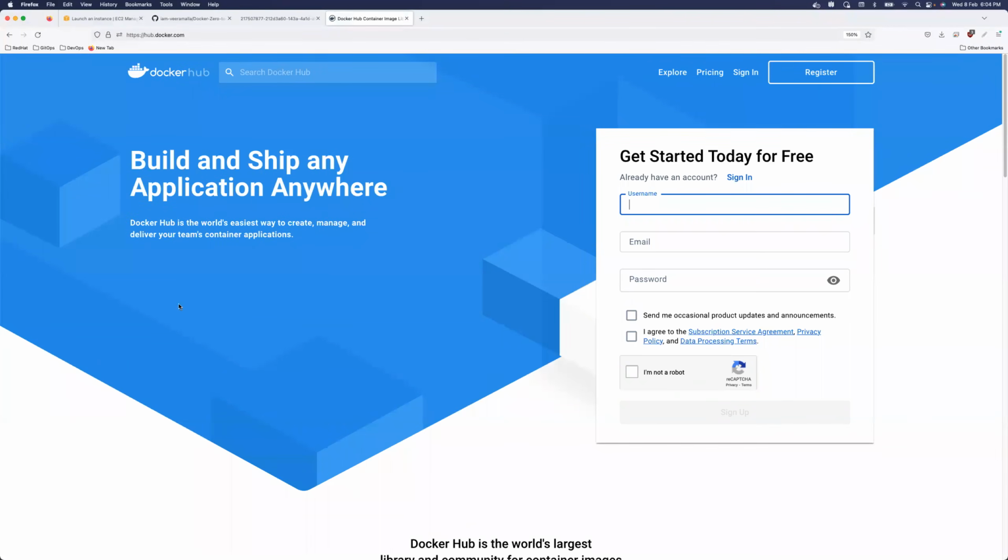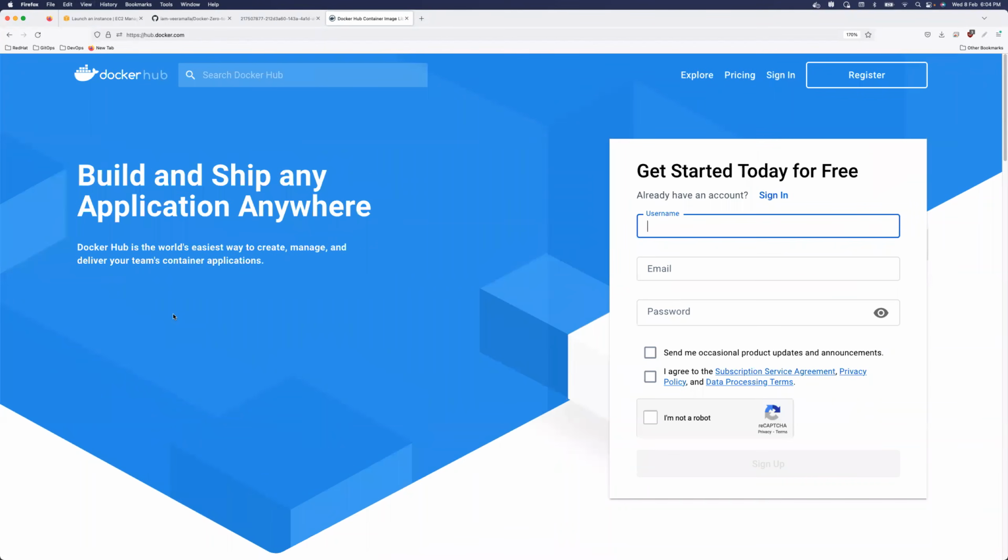Docker Hub is a place where you share your Docker images with the external world, or you can also use any private registry. Similar to Docker Hub, you can create your own private registry, and you can also create private repositories inside Docker Hub and share with only a set of people. But if we don't go into those details now, you can consider Docker Hub as a registry. You can create your own registries as well, where you share your images with other people.